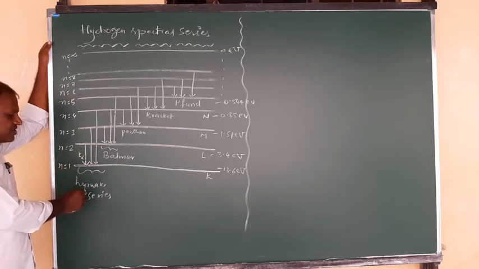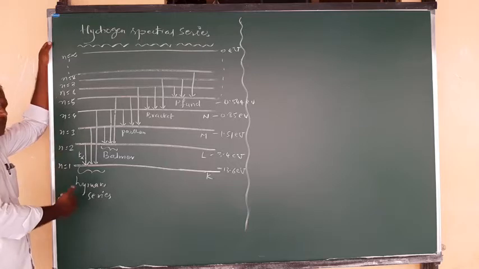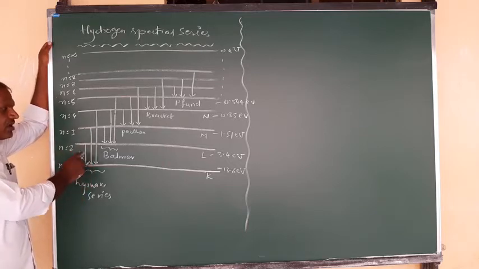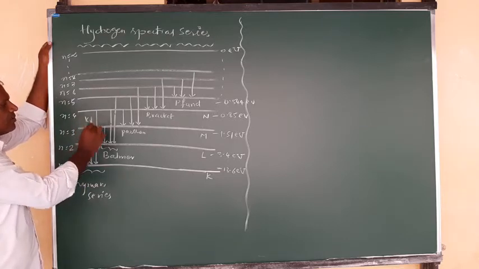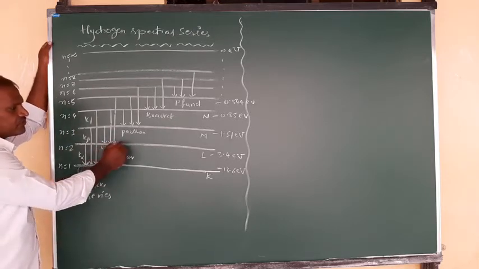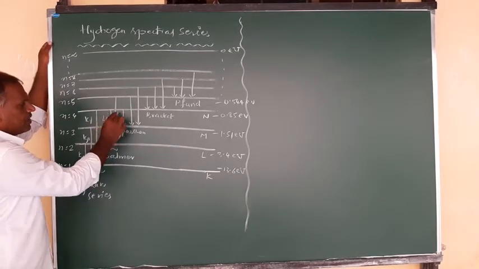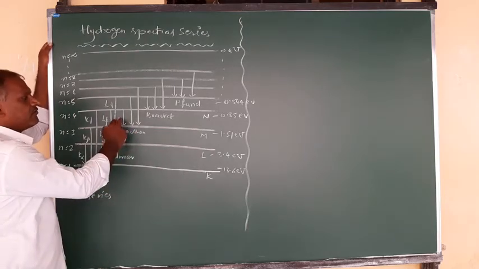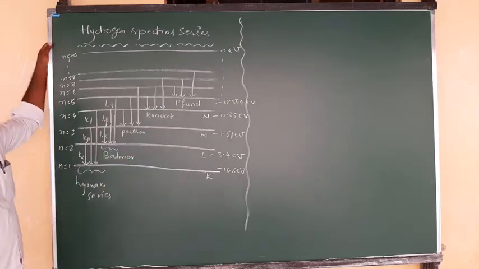That is in the Lyman series, where for the first transition n1 is 1, n2 is 2, whatever line or transition of the electron we call is a K alpha. The next one is K beta, this one is K gamma. Similarly this one is for the L shell, so this is L alpha, this one is L beta, this one is L gamma. In the same way you can have M alpha, M beta, M gamma. Like that you have the transition names.